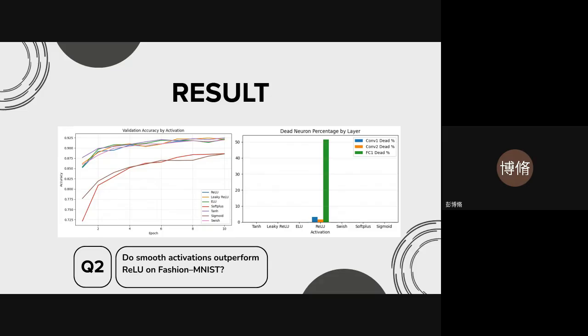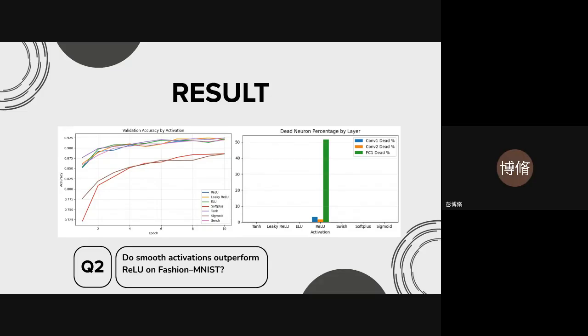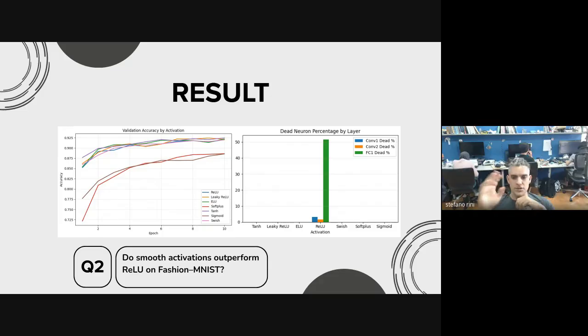And in particular, softplus trains more slowly and converges to a low accuracy, while sigmoid is limited by saturation and weaker gradient flow. So our finding is that some smooth activations, especially